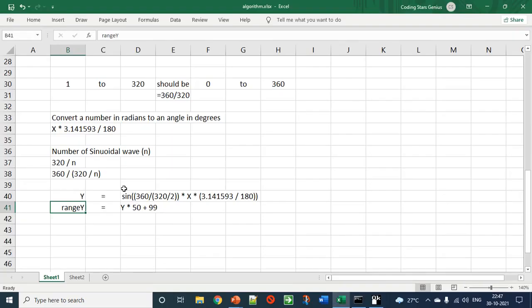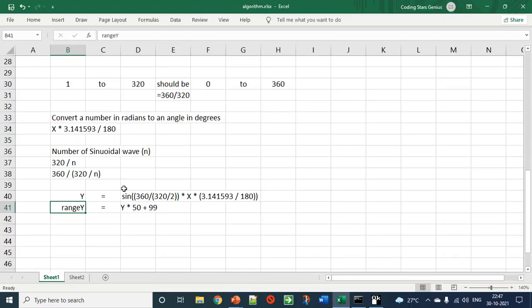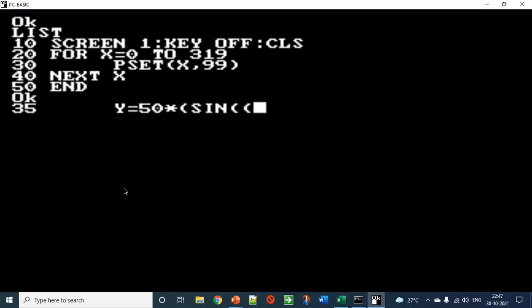So sine of, again open bracket, 360 by 320, and this has to be again... I want to see only one sinusoidal wave on the screen, so I'll just put 1.